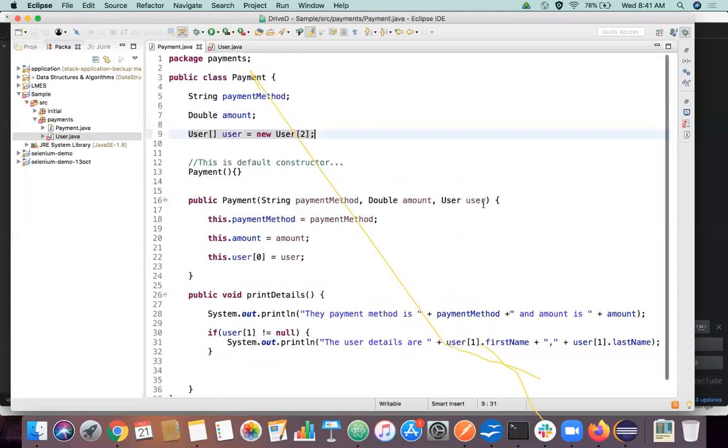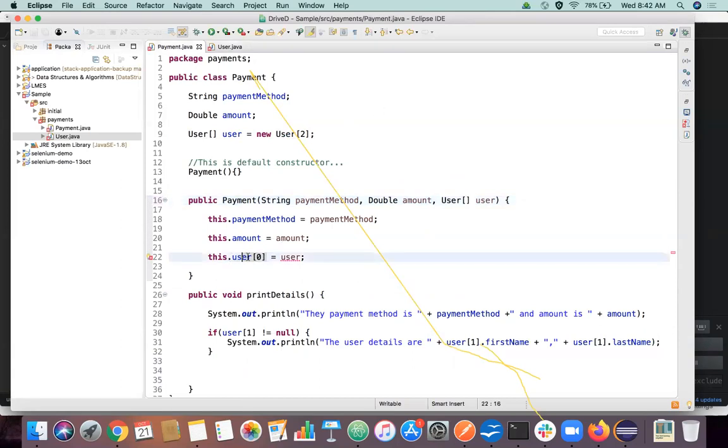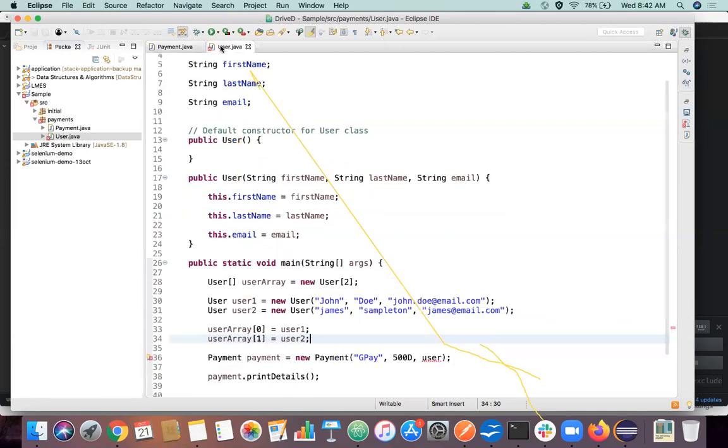So what I can do is replace or change this argument type to an array itself by declaring something like this. Then I don't have to use this index over here, I can directly pass this entire array, because this is all two things of the same data type. Now, instead of passing the user itself, I can pass the user array itself. Right.